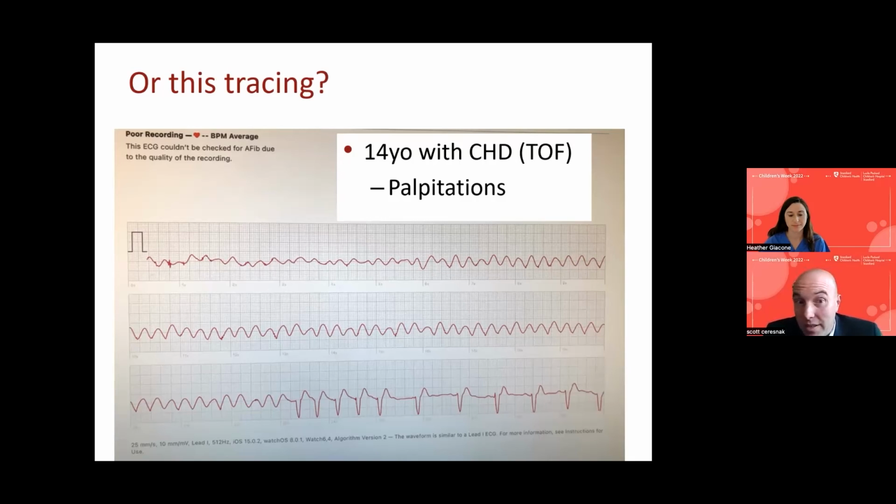Just looking at this, there are three different areas, and the rhythm looks a little bit different here, here, here. You can see that it looks a little bit wide where the red arrow is, changes to a slightly different morphology where the blue arrow is, and slows down a little bit where the green arrow is. The patient was playing basketball here. Was this artifact? Was this real?